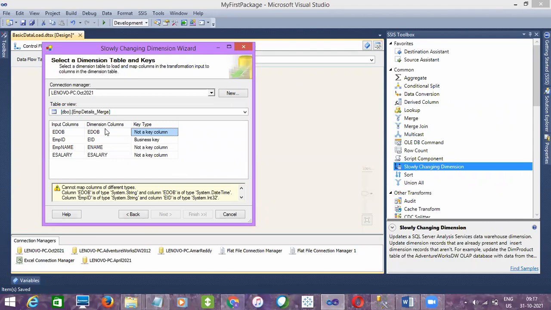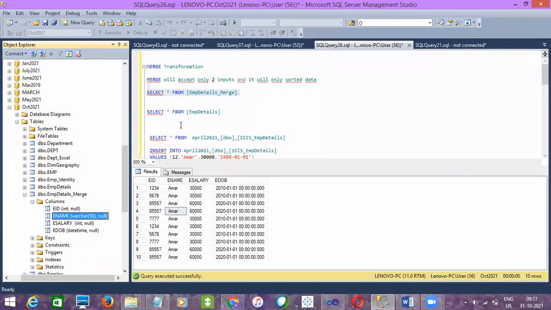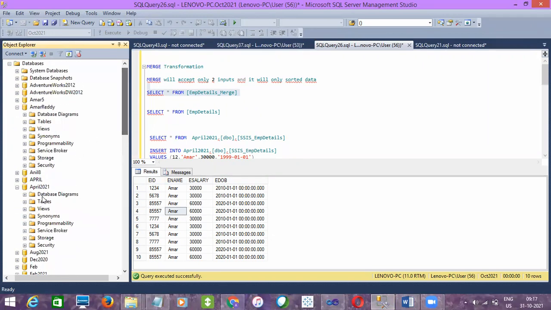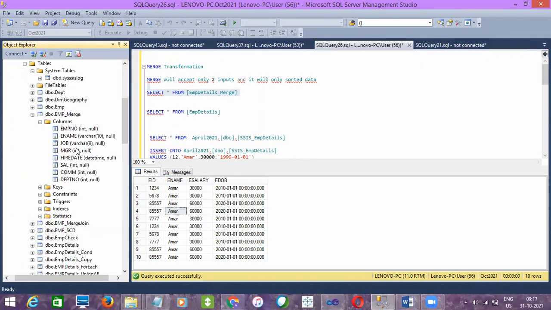Okay. And here, I think there are data type issues. See here, date of birth is a string and the column is date type. We have to use data conversion then. So date of birth is having date time. And in the source, April 2021, which data type do we have?